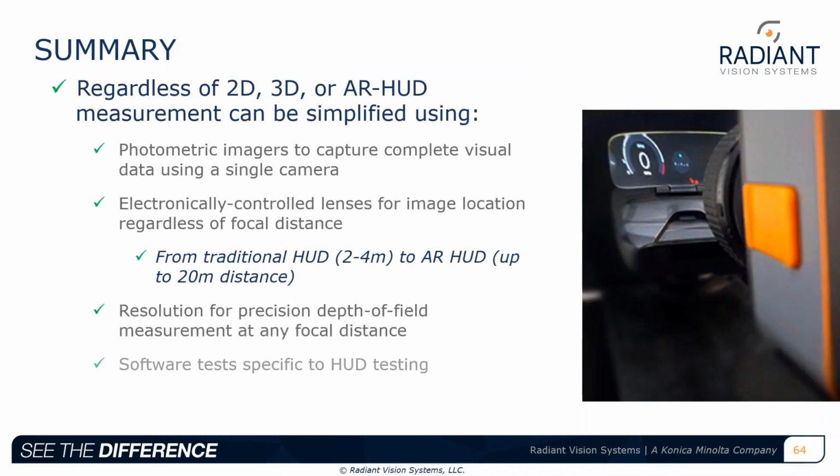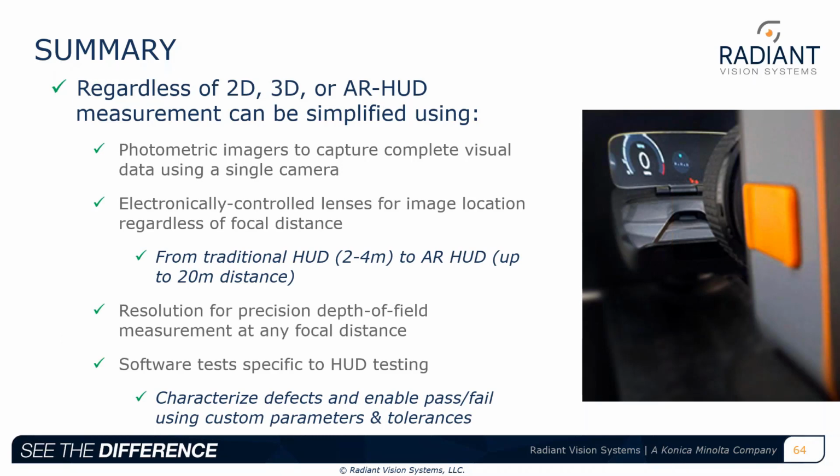So in summary, regardless of whether we're looking at 2D, 3D, or augmented reality head-up display units, we can simplify the measurement process using calibrated photometric equipment to capture the visual information using a single camera solution, with the flexibility of the electronic controlled lens for adjusting to different working distances or projection distances and characterizing larger depths of field,